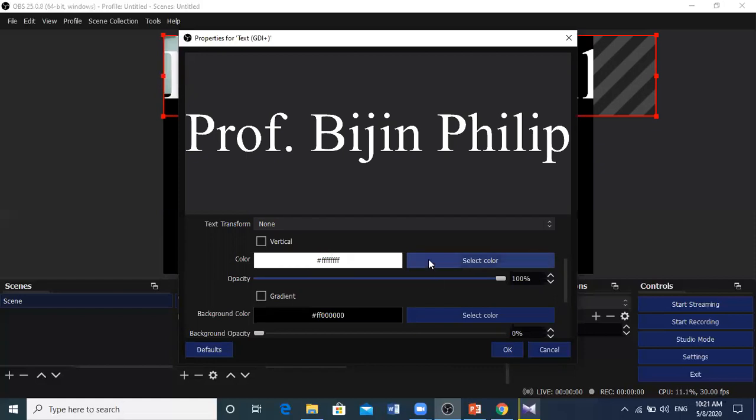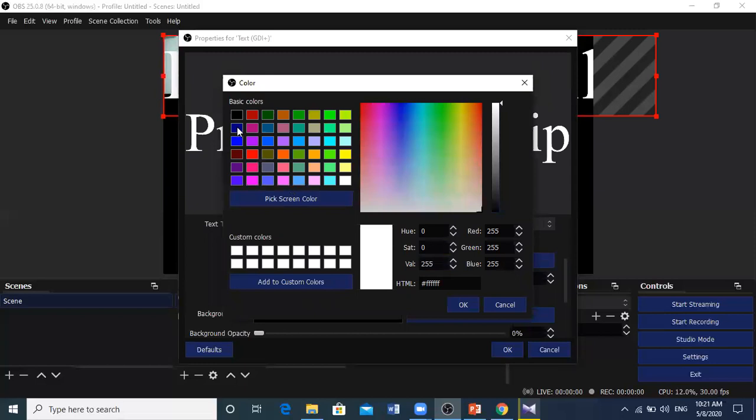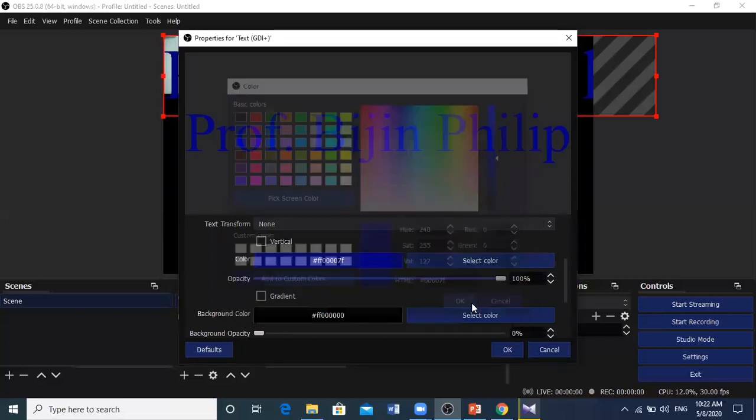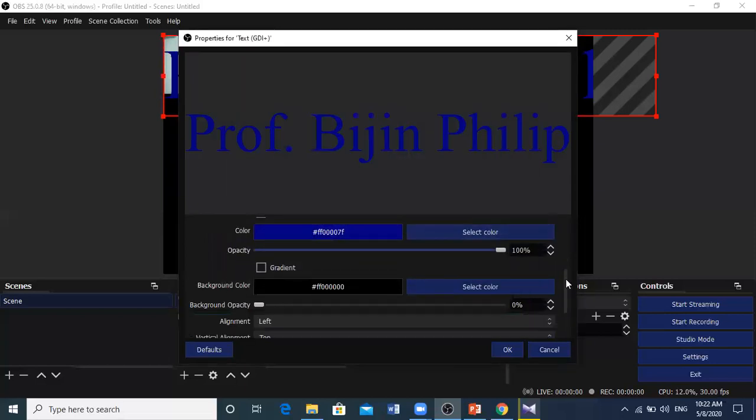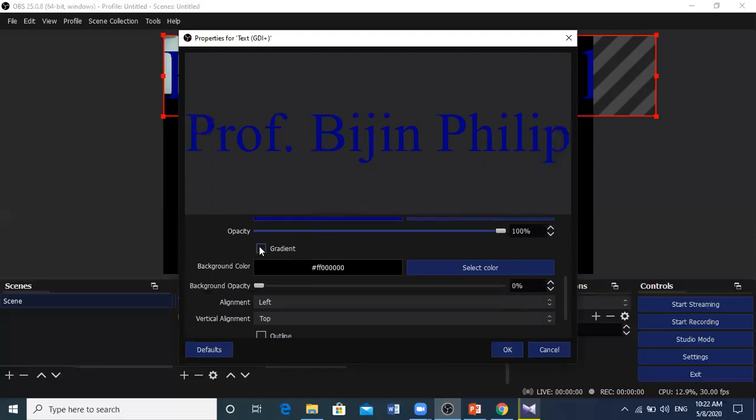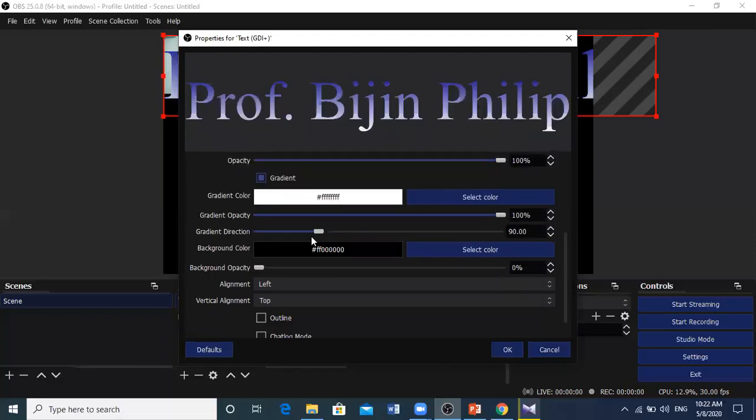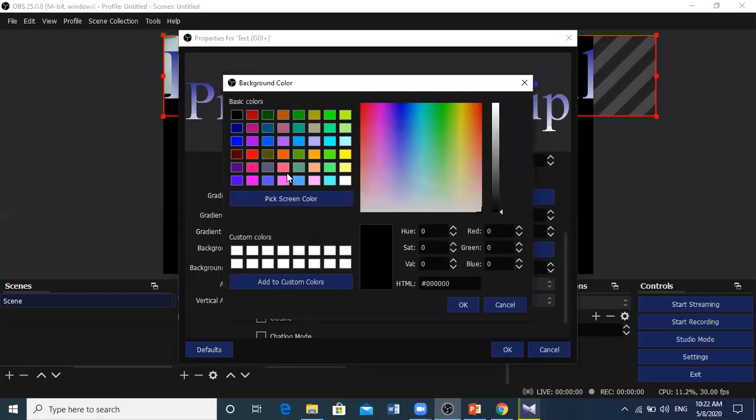Now I am selecting blue, and if you want a light variation or gradient option, you can give that also, and you can see your name looks a little more attractive. Here the background color is there, and now it is black. If you want, you can change it, and you can see some other colors.